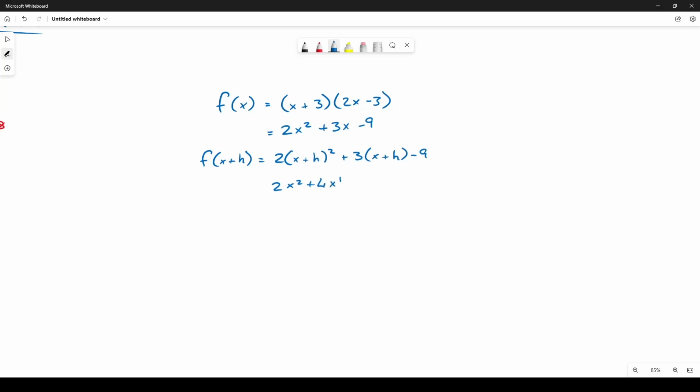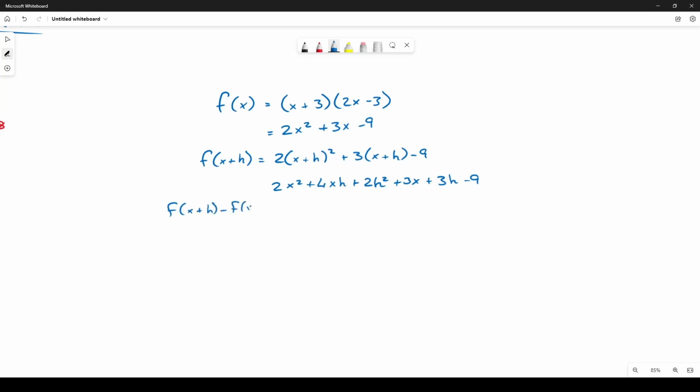Hold on. Now I said 4xh, but you can write it as hx. It does not matter. Really. So yeah, you christen f(x), get f of x plus h, then you do f of x plus h minus